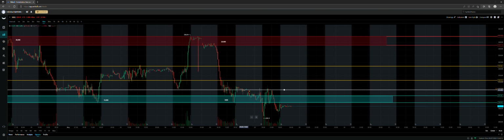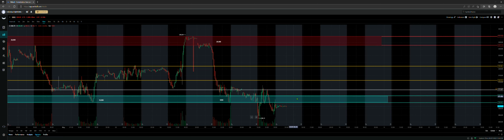But the following day, that's what's invalidating my zone, because now instead of reaching out of it, it's rejecting. It's rejecting, so potentially invalidating the zone and potentially wiping the zone. We'll see how that looks on Monday when we follow through. If this zone is going to get wiped and deleted from my chart, I would be deleting all of this and getting ready to draw new zones, expecting that continuation to occur until I see another impulsive move creating a new zone. So let's see,